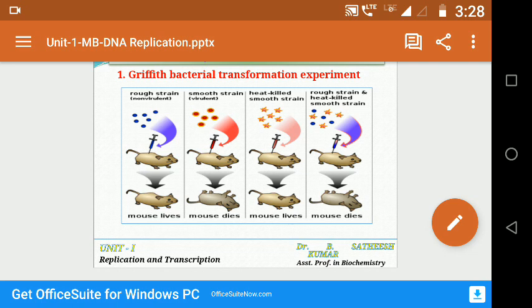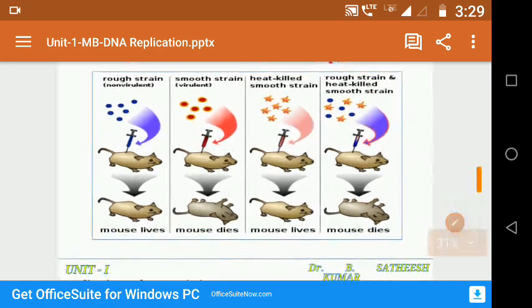Frederick Griffith is the scientist who worked toward proving that DNA is the actual genetic material. In fact, he found out that some material is responsible for the transfer of genetic information. So the genetic information is present within a molecule. In this experiment, first he used